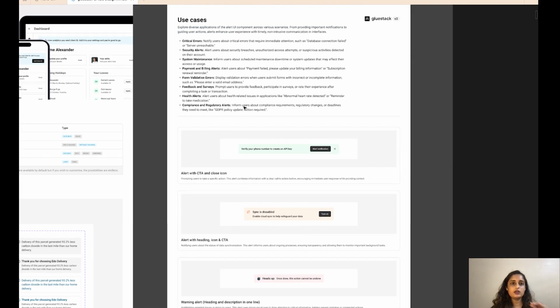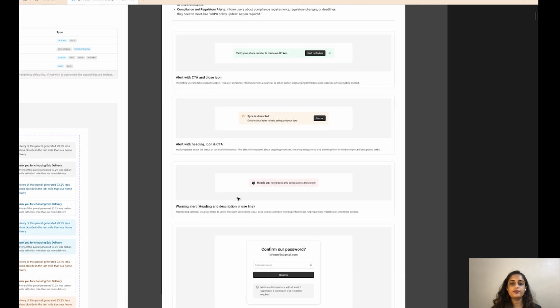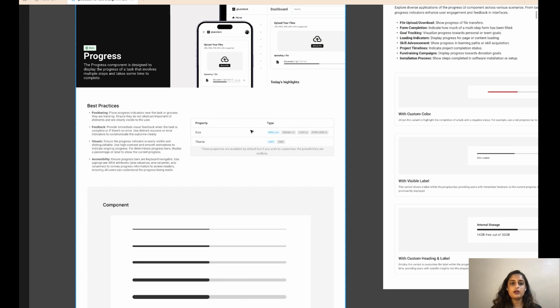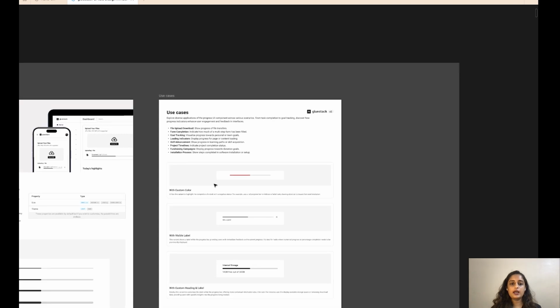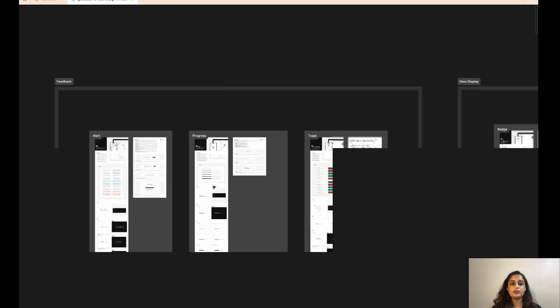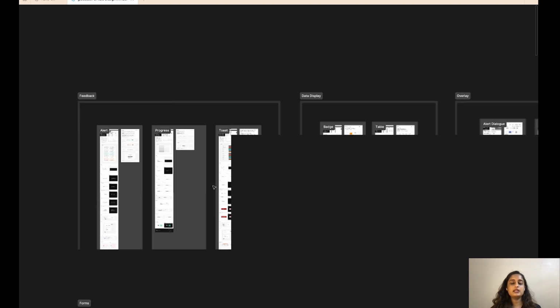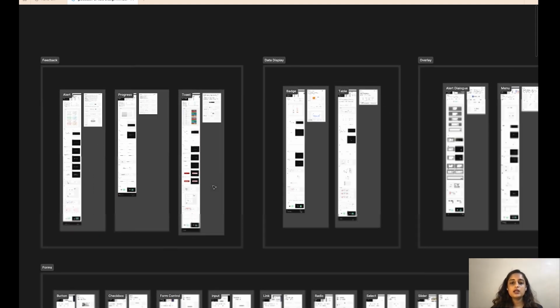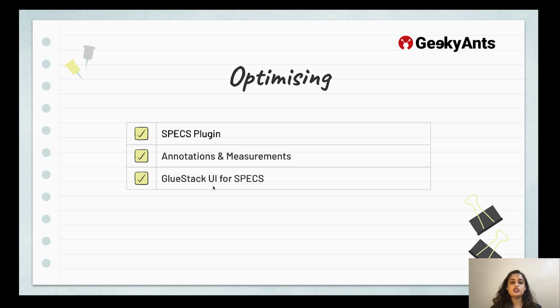It outlines all of the use cases for every single component. It even has a sizing, theming, everything that you need as a developer to navigate through a particular component library. And the component library is very detailed and easy to understand. So I think these are the ways that you can optimize your Figma file.